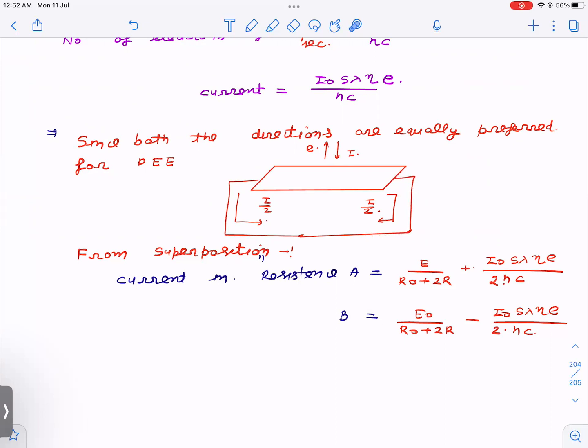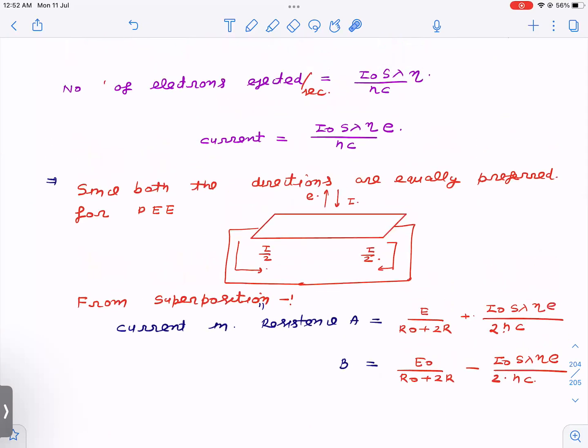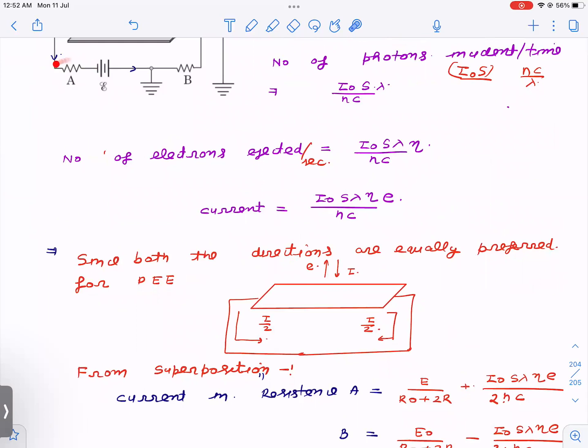Now we are going to find out the total current in resistance A. So let us see where was the resistance A. This is the resistance A. Now see these two diagrams simultaneously. Here is resistance A. Now due to this EMF source, when we forgot about photoelectric effect, that time the current was in that direction towards right. Right now also it is in this direction. Fine. So what will be the total current in A? I equal to I1 plus I2, where this is due to EMF and this is due to photoelectric effect,